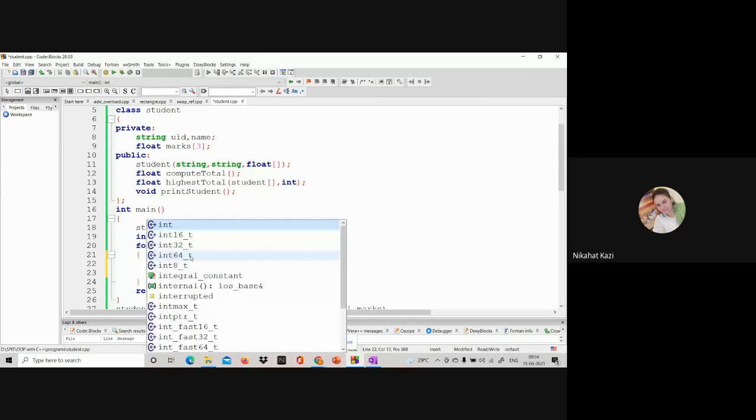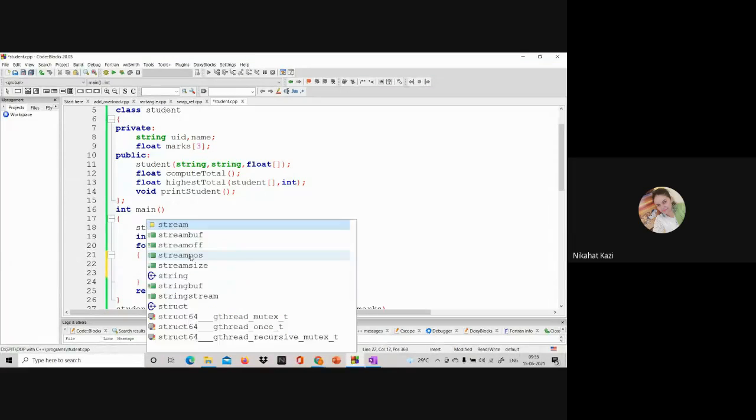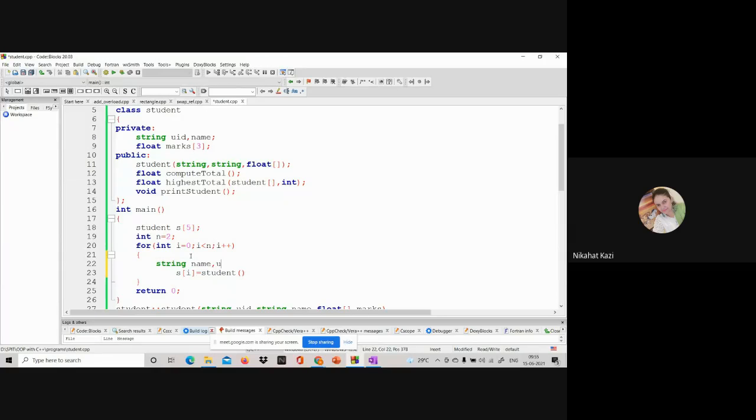So I'll create local variables here: string UID, string name, and float marks of 3. UID is there in the constructor first.